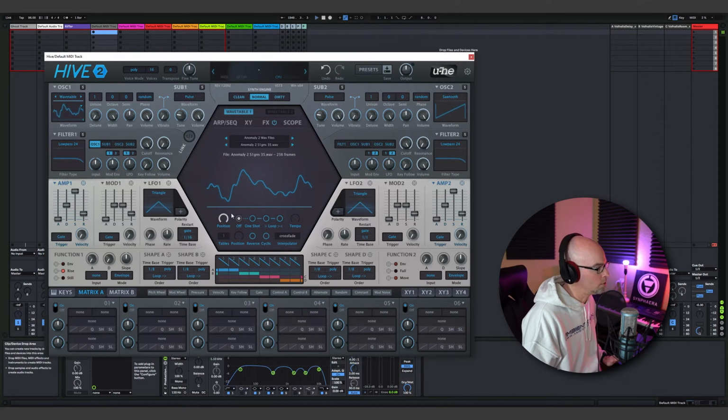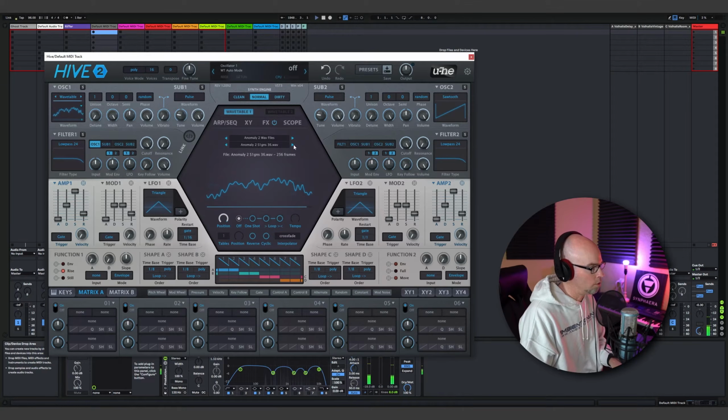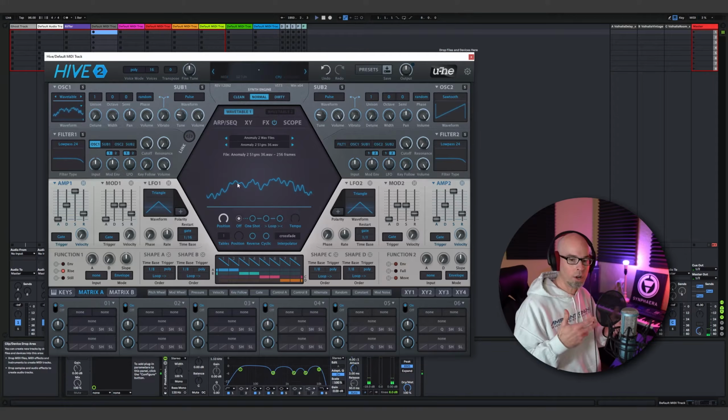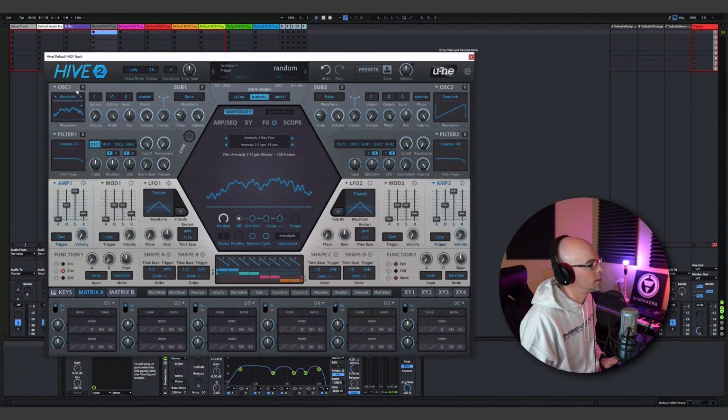Let's pick another wavetable here. I want something with a little more grit. That's not bad, or we can try, there we go. That's pretty nice. All right, so what we're gonna do is use this wavetable and then come back up here